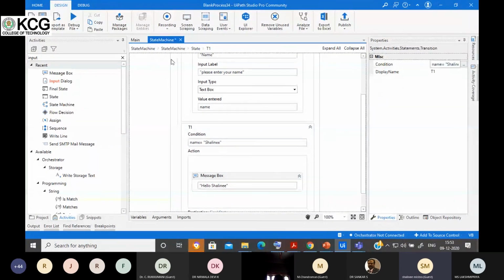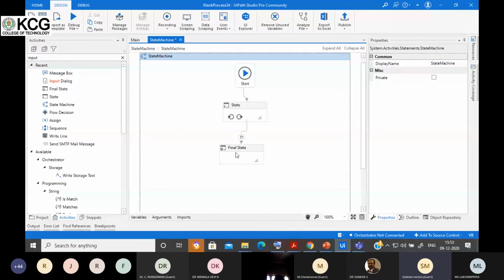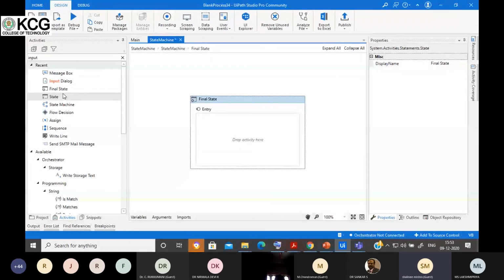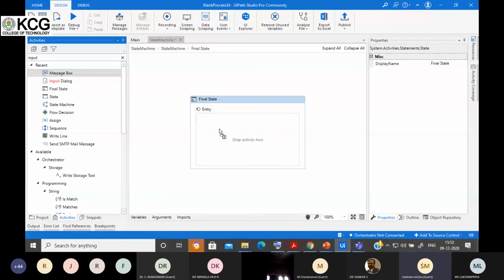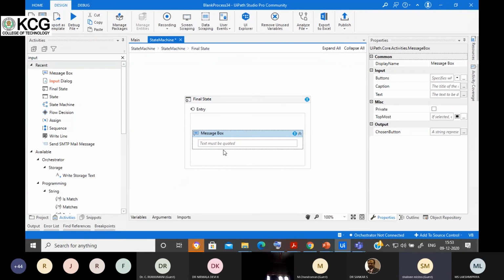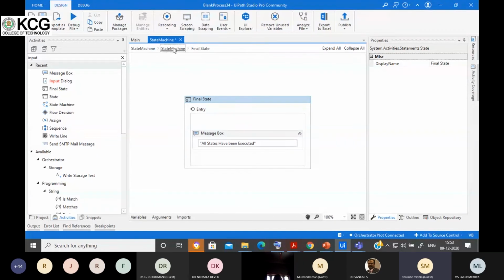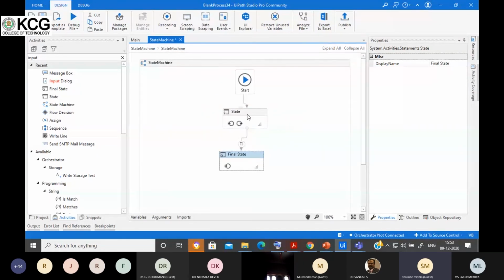And at the end, come to the final state. Here I'll again add one message box activity: states have been executed. Okay, so now let's start its execution, and we will see how it is being executed.